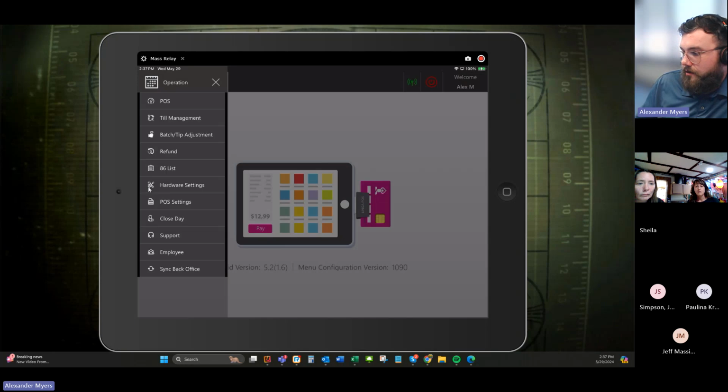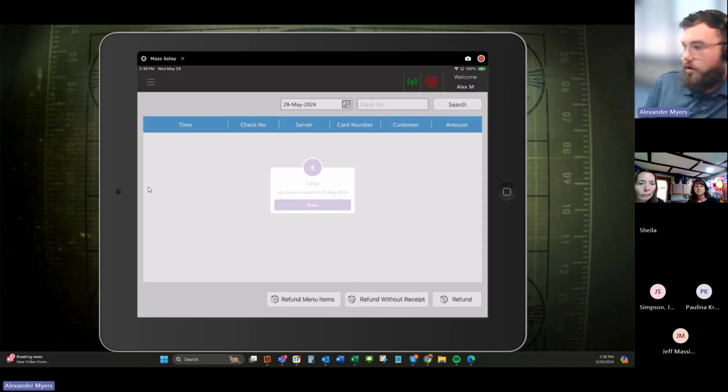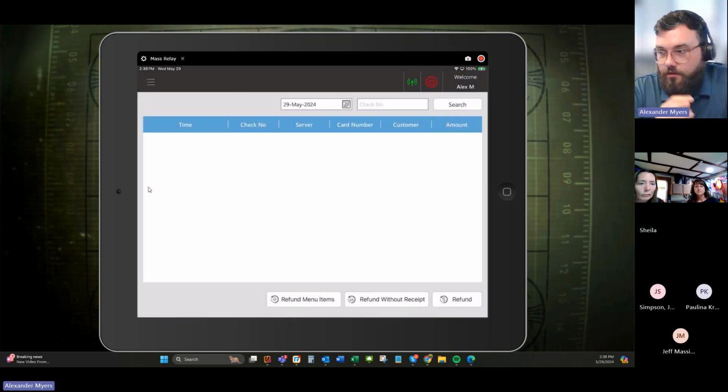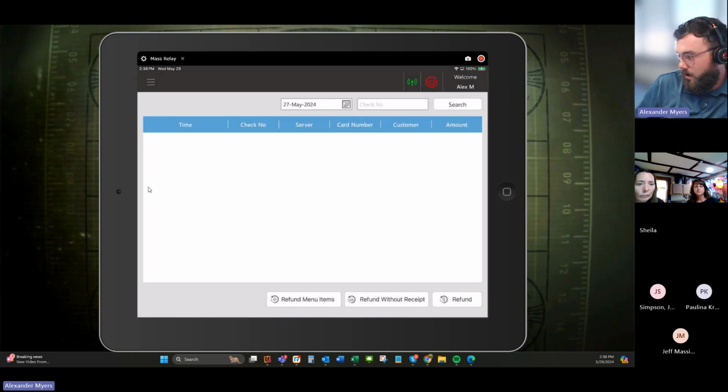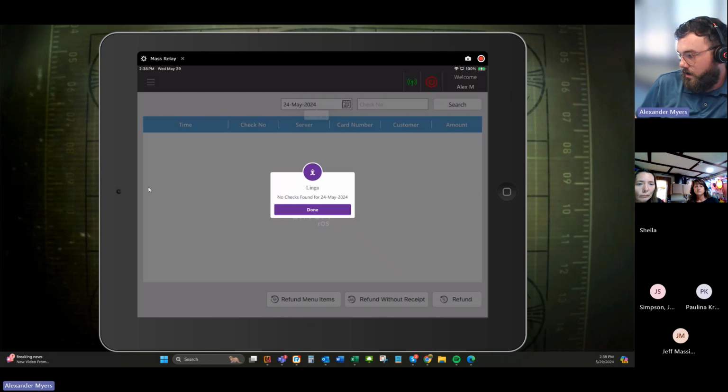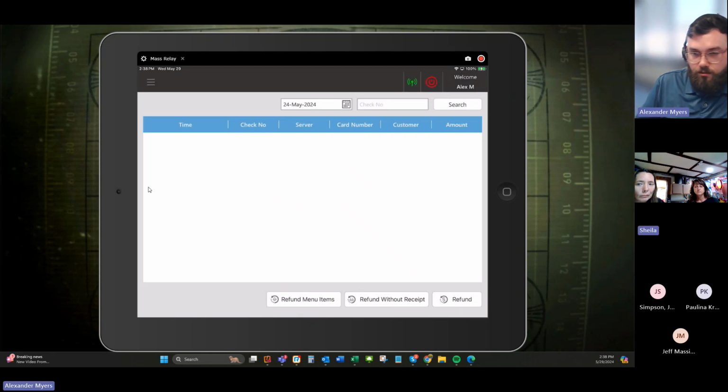your operation, and then there's a whole refund page here. With this refund page, you can do three different types of refunds. You can do just an open refund, you can refund an individual menu item, or you can refund stuff without a receipt. So to start, you would select the date that they came in or something to that extent. Well, you get the drift. Find the date with the check and all that stuff,